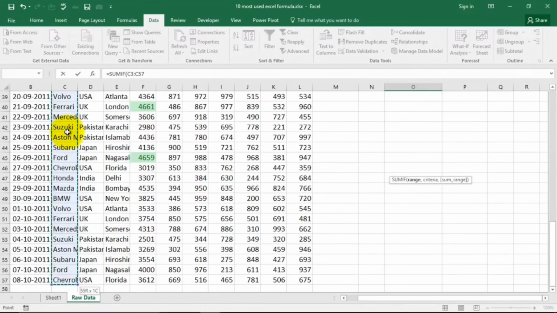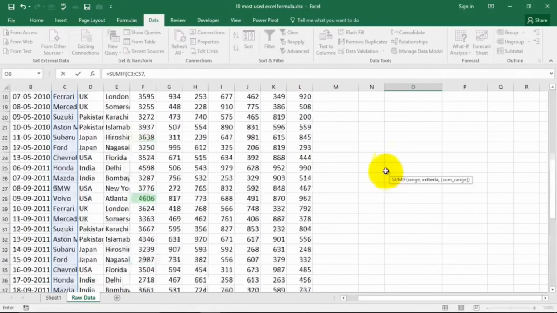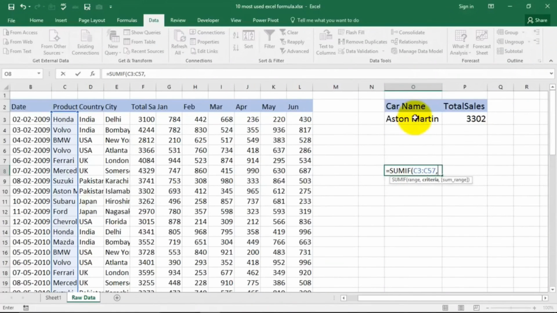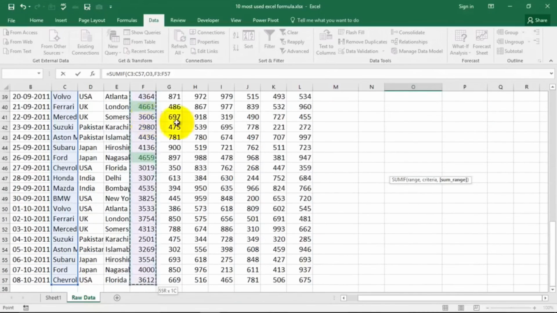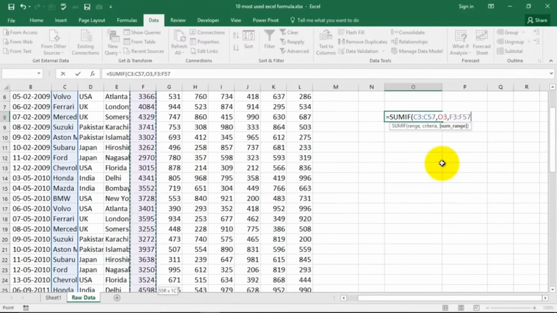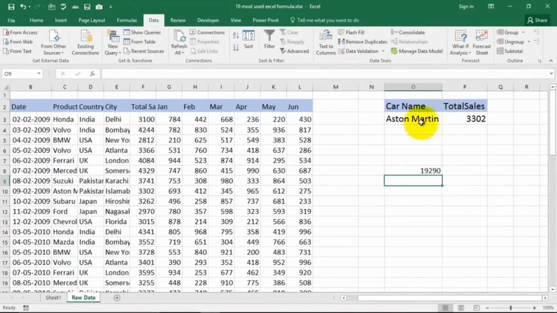this range. This range is the one which contains the criteria, and then say I can have my criteria mentioned over here. This can be my criteria, or I can even type it in, comma, sum range. Which range do we want to total up? This is the range that we want to total up. I selected it, and now I'll close my bracket, press enter, and for Aston Martin, the total sum is